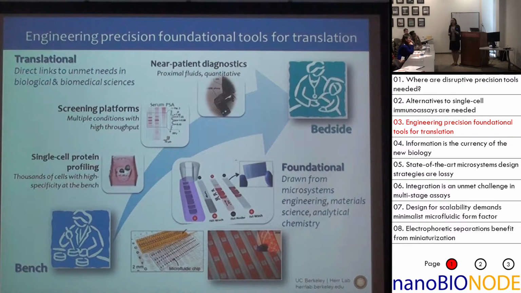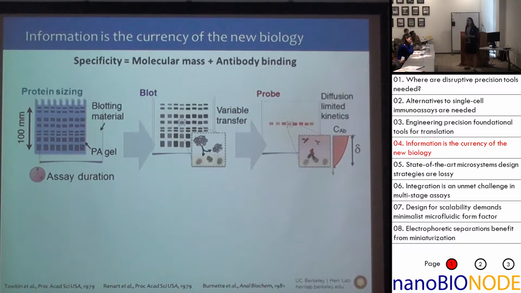Then the last area that I will focus a little bit on today is being able to make these protein level measurements, as in the case of the HER2 positive breast cancer, at the single cell level. And that's something that's been a challenge. So I'm going to start by doing a little bit more of a deep dive